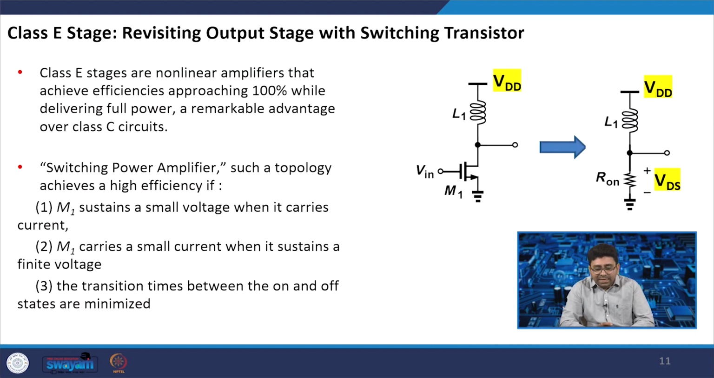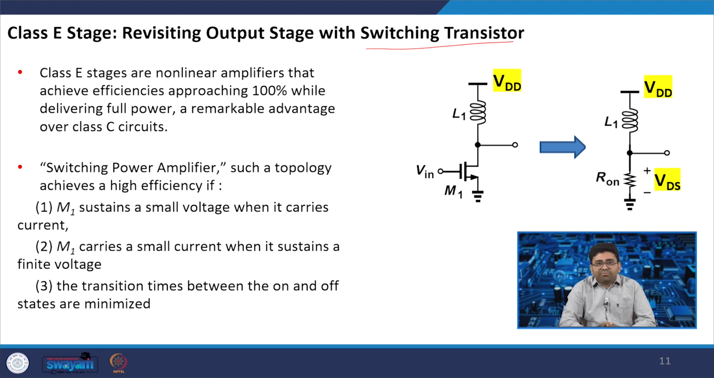Then there is a class E amplifier. Now what we need to do, in class E stage, is revisit the output stage with a switching transistor. So in class E also, we use a transistor as a switch, the way we have used in the class D. Class E stages are nonlinear amplifiers that achieve efficiency approaching 100 percent while delivering the full power,